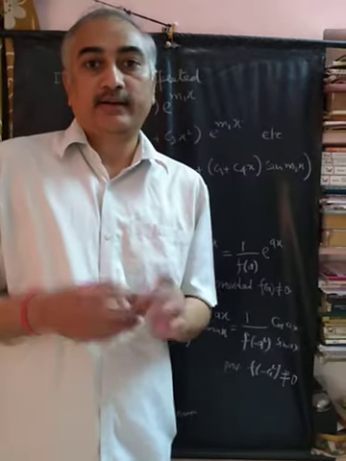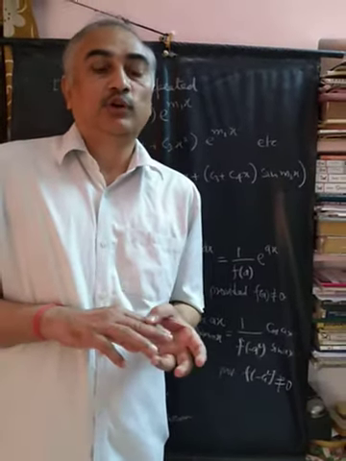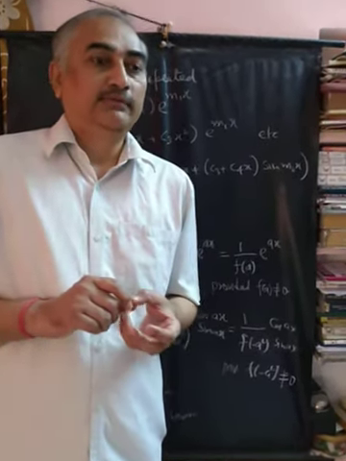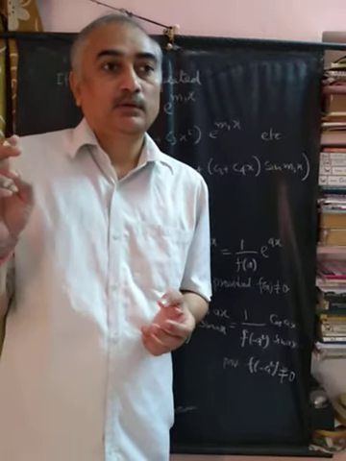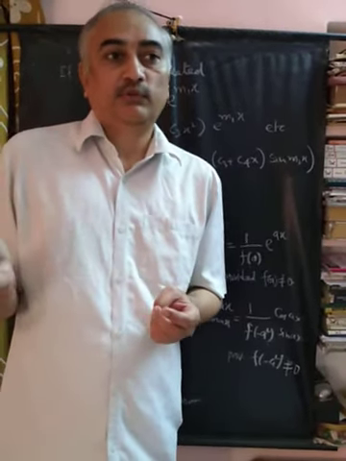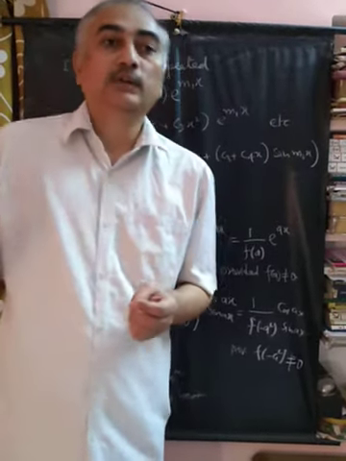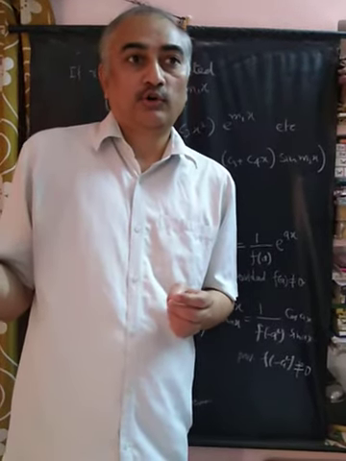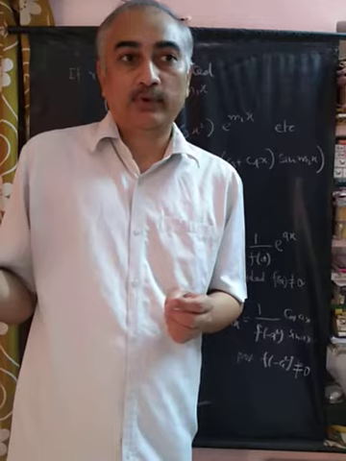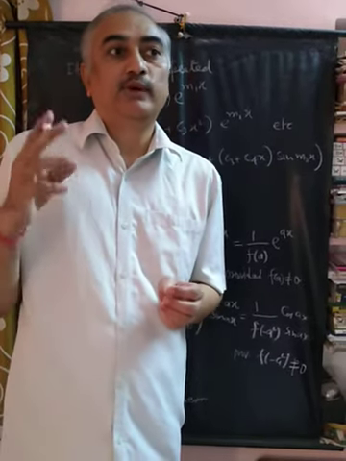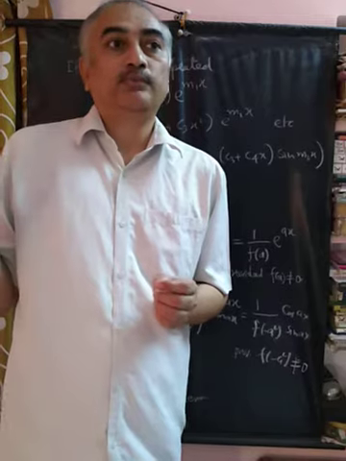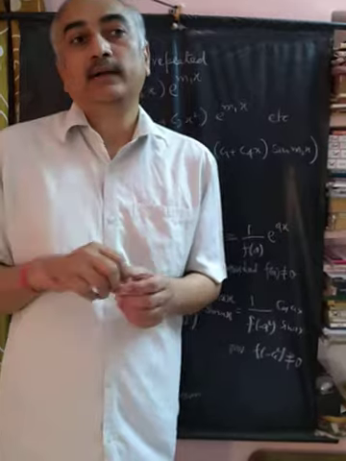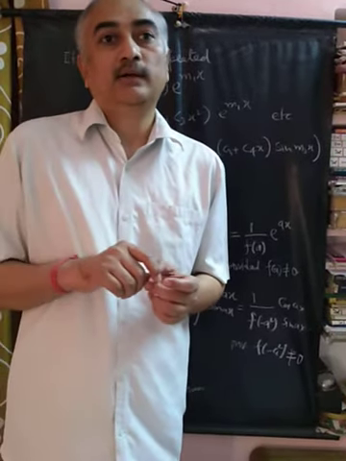If the roots are real and distinct, the complementary function was c1 e^(m1 x) plus c2 e^(m2 x), like that. If the roots are complex numbers, for example m1 plus minus i m2, then it was e^(m1 x) (c1 cos m2x plus c2 sin m2x). And if it was a surd like m1 plus minus root m2, then e^(m1 x) (c1 cosh m2x plus c2 sinh m2x).